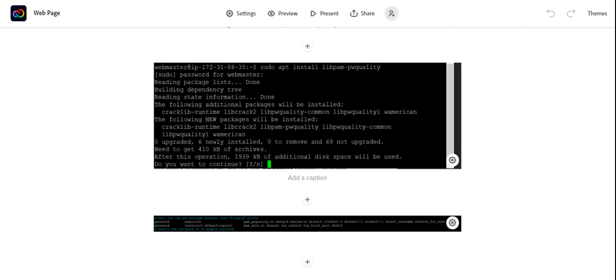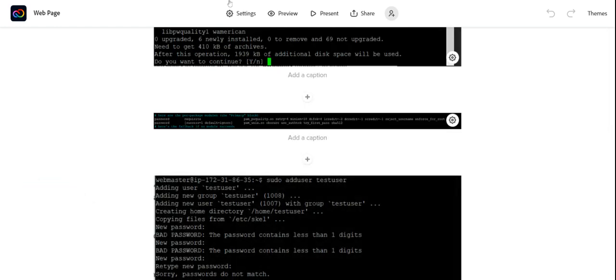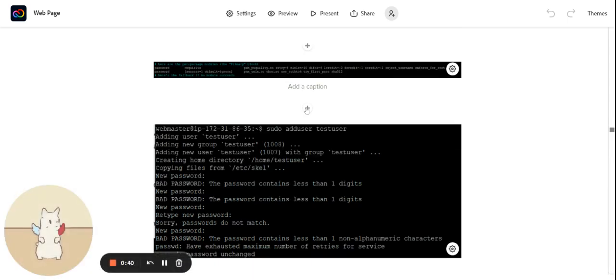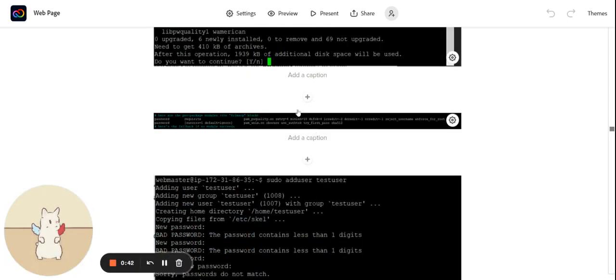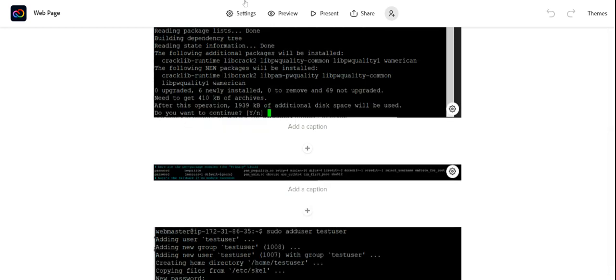Once this was installed, I needed to make a backup of the file that I was going to edit, because in case there was an error, I needed something to fall back onto, so that I would not be locked out of my own server. Once I had created this backup, I then went into the file using sudo nano, and as you can see here, I edited the permissions so that